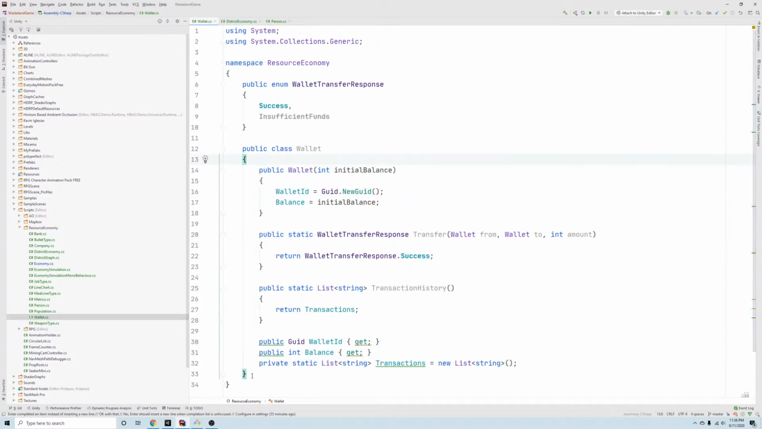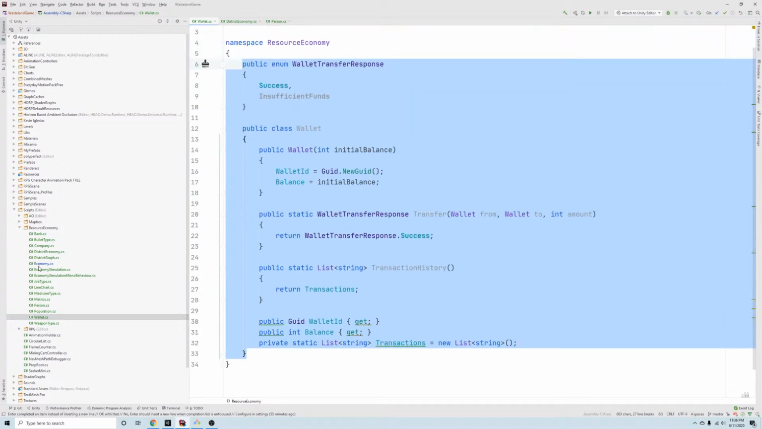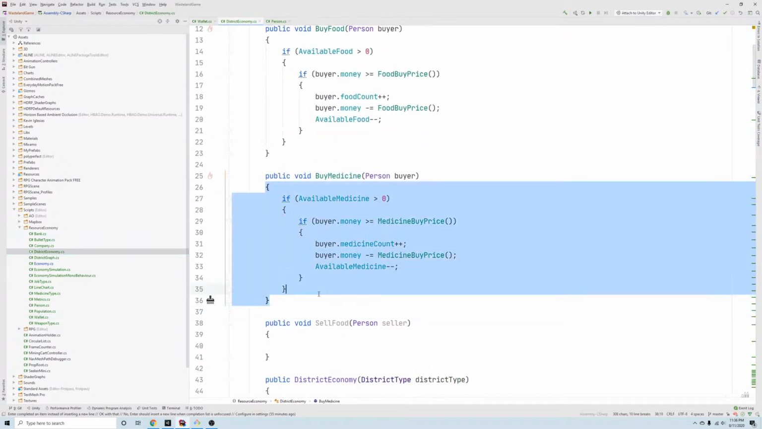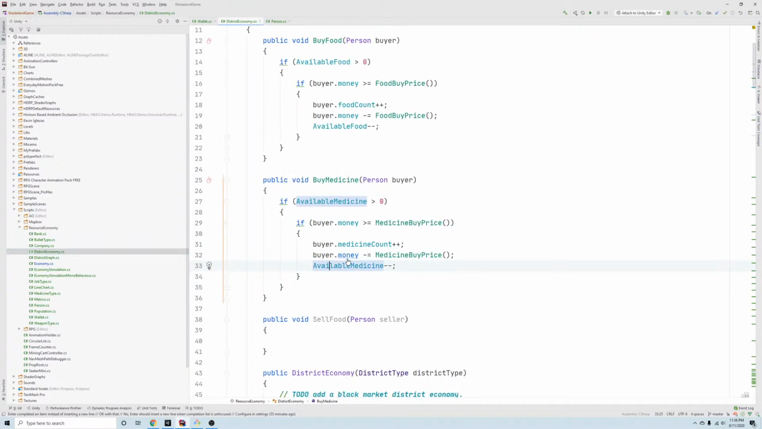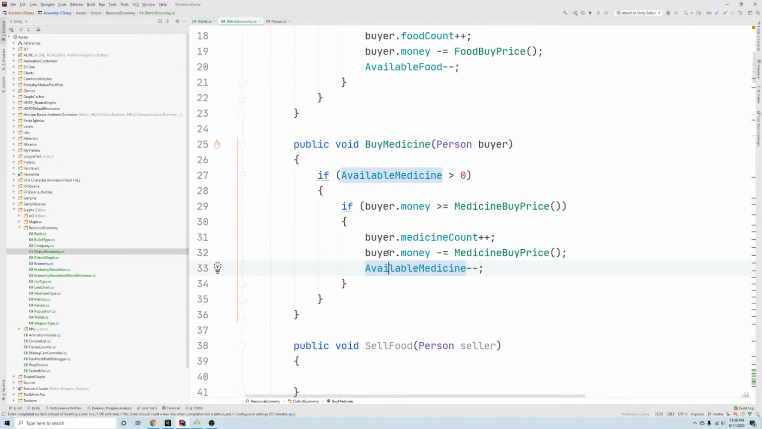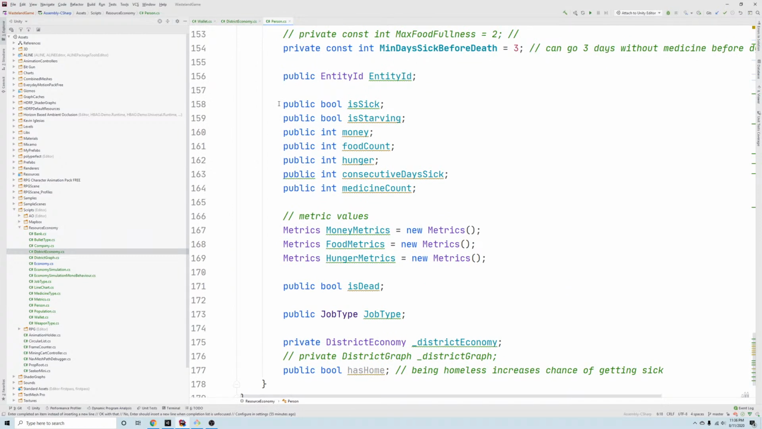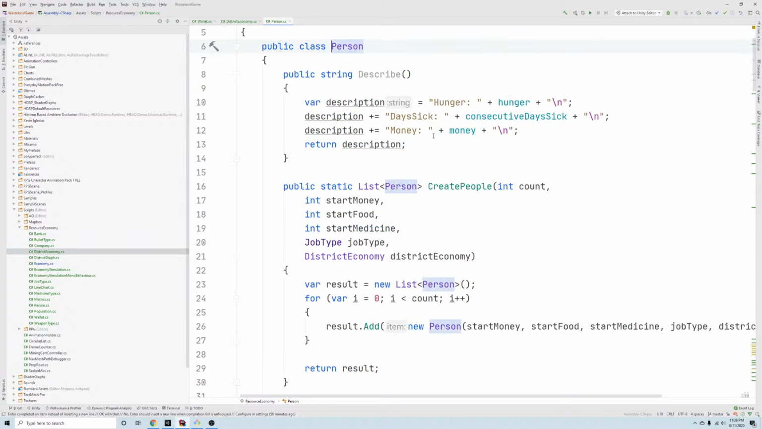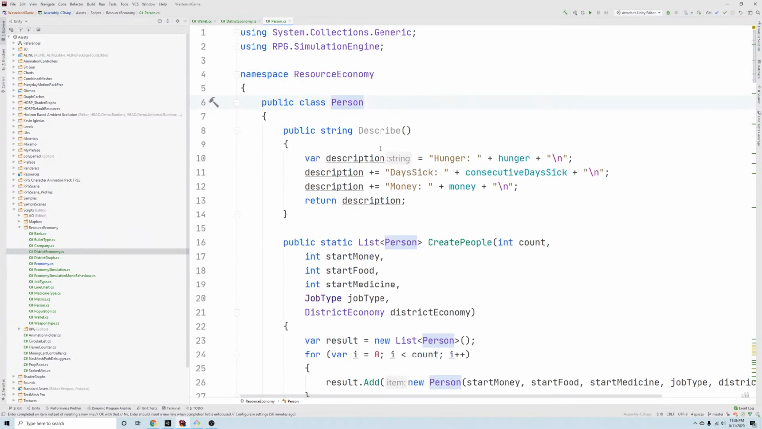My goal is to finish this implementation and then look into refactoring this code. So rather than just decrementing a variable on the person for how much money they have, give that person a wallet and start doing transactional money transfers. And that means that this resource economy